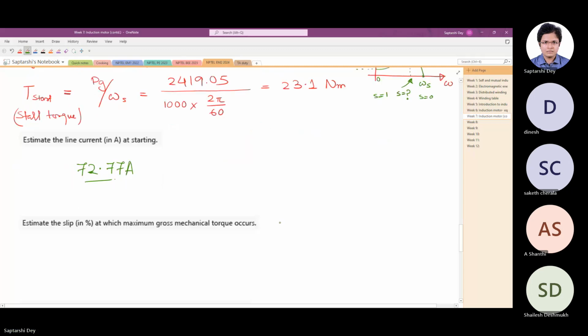Now if you see maximum gross mechanical torque, so torque electromagnetic, that is gap power by omega s, we already found. Now gap power is the total, if you remember last days, that